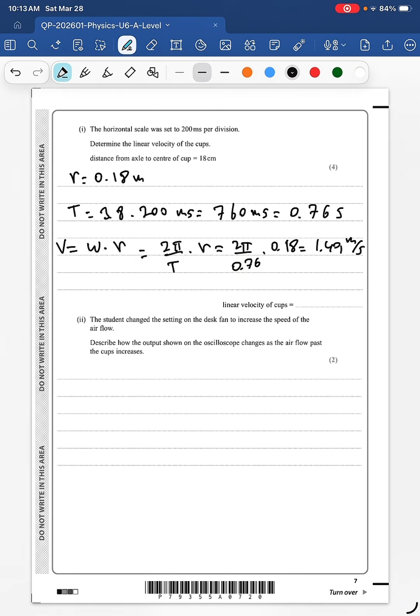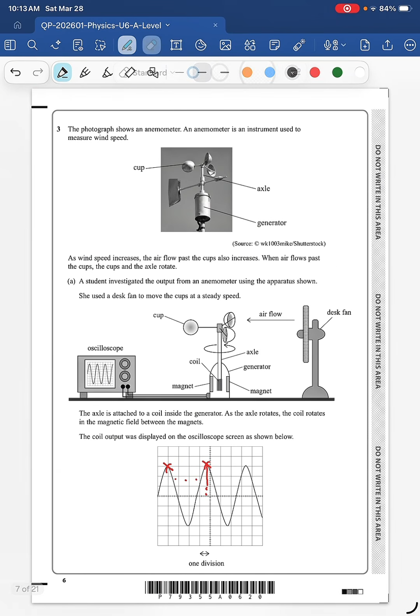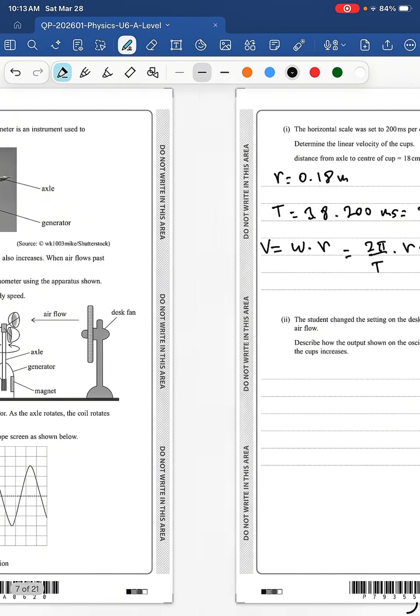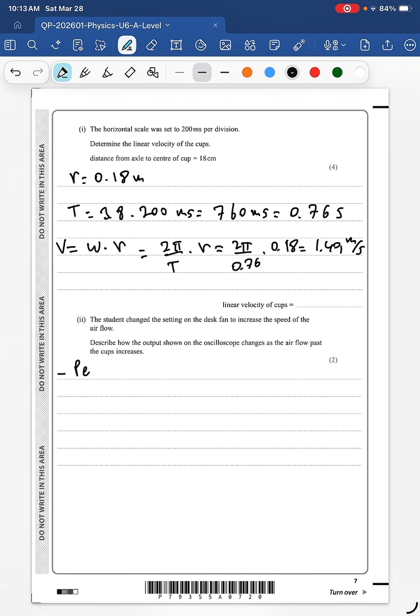Question 2. The student changed the setting on the desk fan to increase the speed of the airflow. Describe how the output shown on the oscilloscope changes as the airflow past the cups increases. So if we increase the speed, we will reduce the period, so the peaks will come closer together, and more EMF will be generated, which means that the peaks will get higher. So let's write those two things down. So peaks will come closer together,